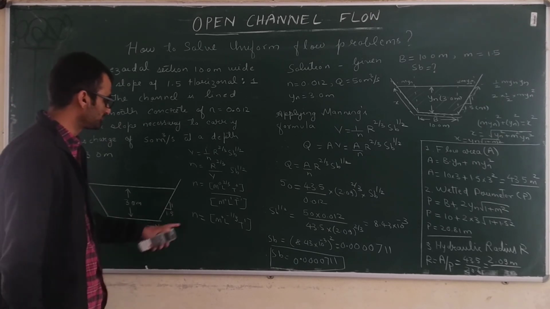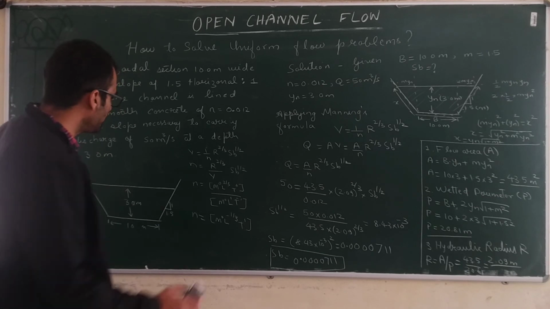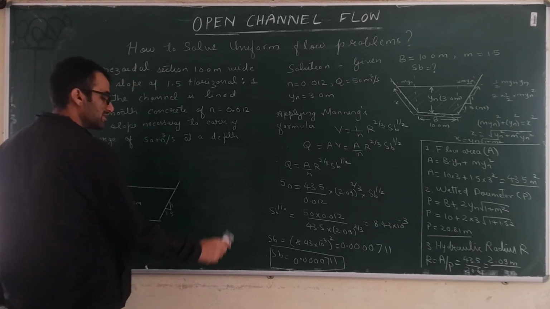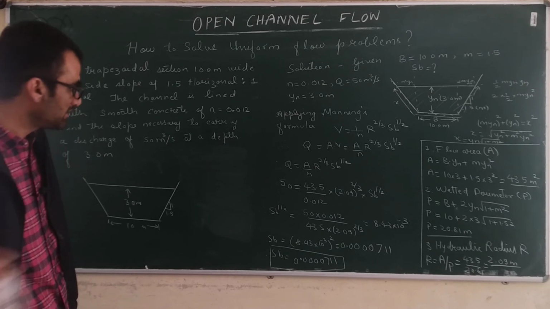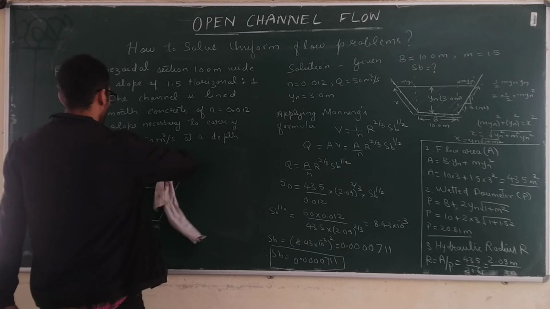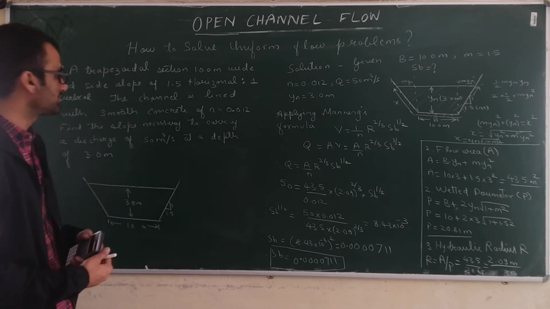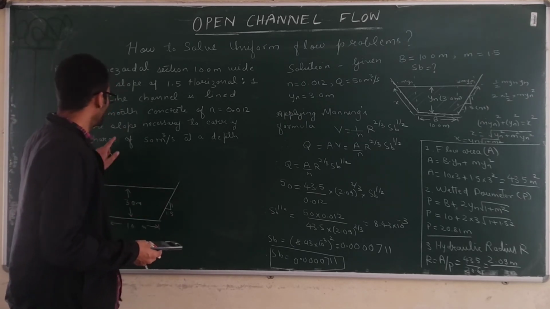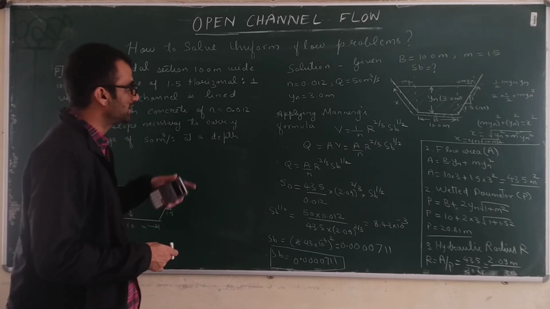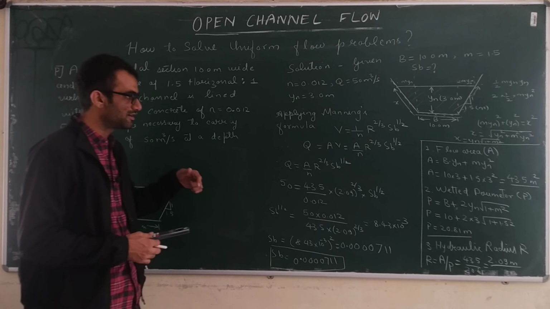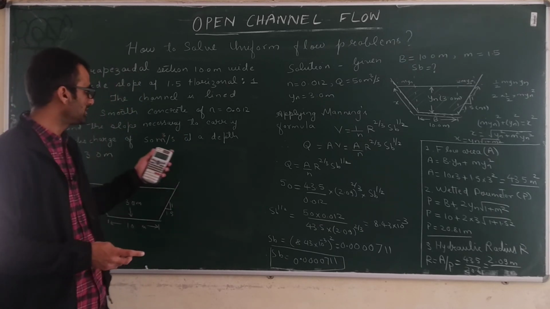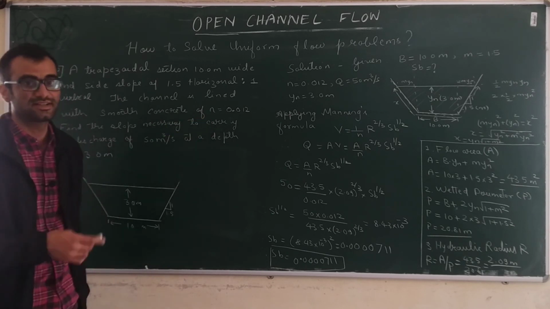So in this way, even if it is just given as a number, it will have some unit. And the same is the case with Chezy's constant. So in this way you can solve a uniform flow problem in which we have to calculate the bed slope. How to find the bed slope we have seen here. In the next lecture we will see a different kind of problem, where we have to calculate the normal depth or maybe Manning's constant. We'll see that in the next lecture. Thank you.